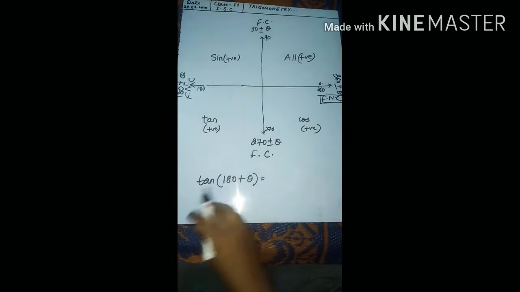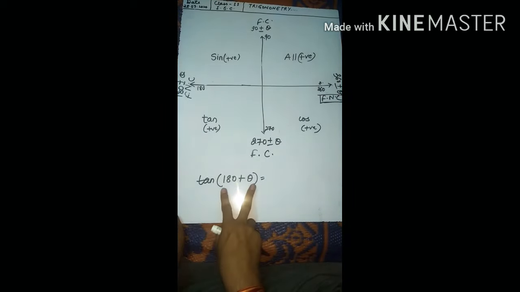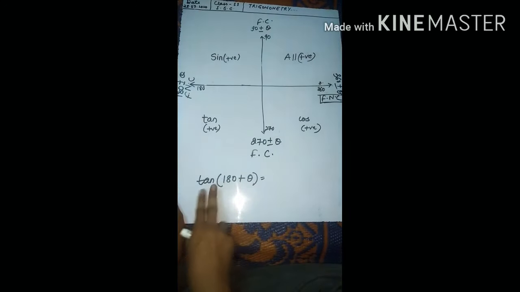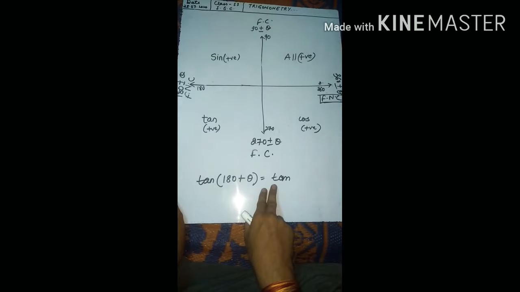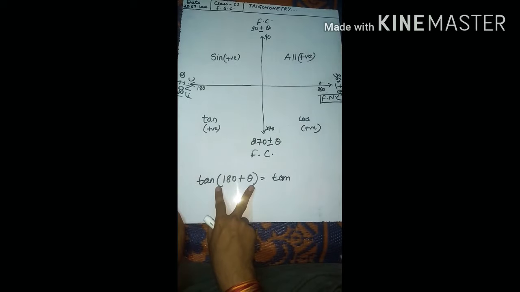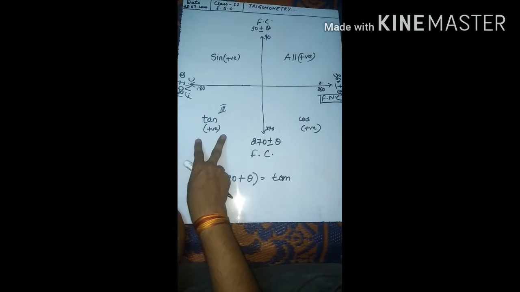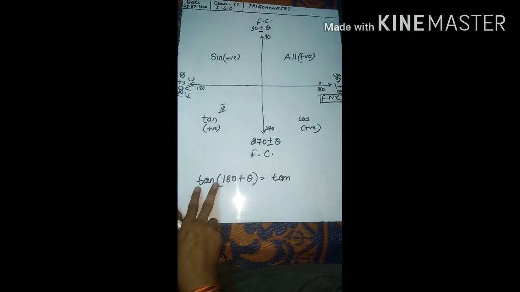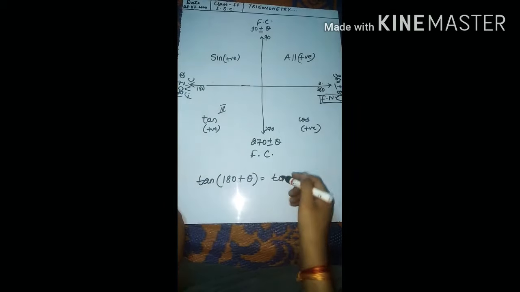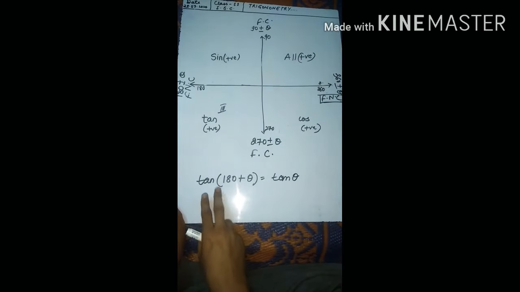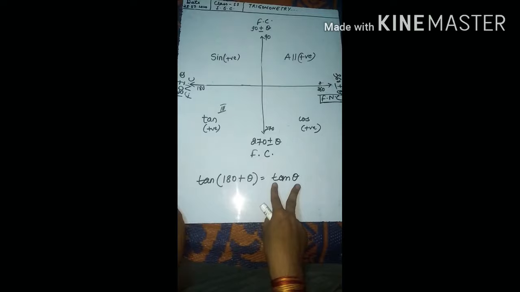Okay, let us take this case, tan 180 plus theta. For 180 plus theta, I told you the function never changes, so tan will be tan only. Now, how to check whether it is positive or negative? What is 180 plus theta? That means the third quadrant. In the third quadrant, only tan and cot will be positive, rest all are negative. The question has tan only, so tan is in its own quadrant, so it is positive. And theta stays. So we got tan 180 plus theta equal to tan theta.